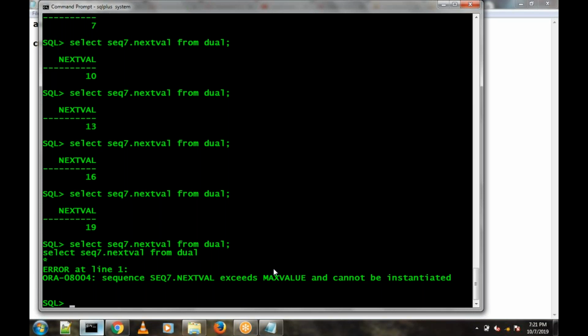Sequence.next value exceeds max value and cannot be instantiated. That object is destroyed. Got it? So this is how we can define. Now we will drop, and okay. So I think everyone is clear now. Okay, cool. So now I'll ask you one more thing. Create